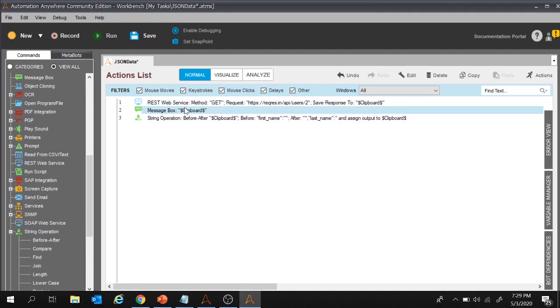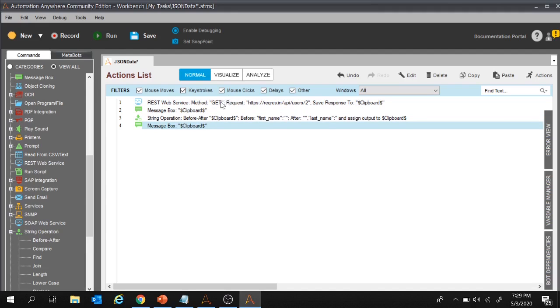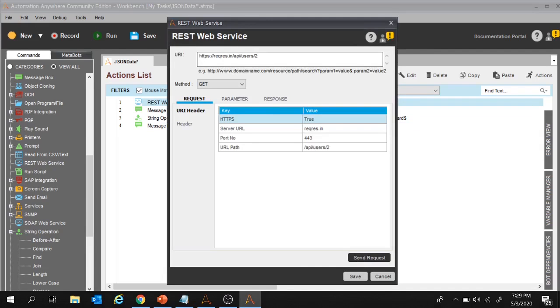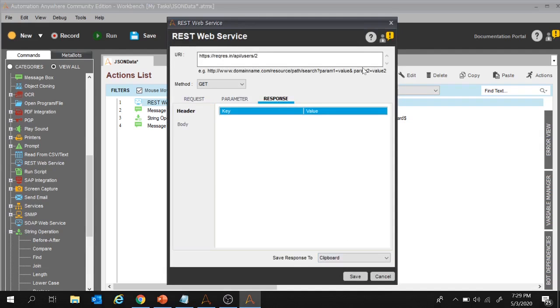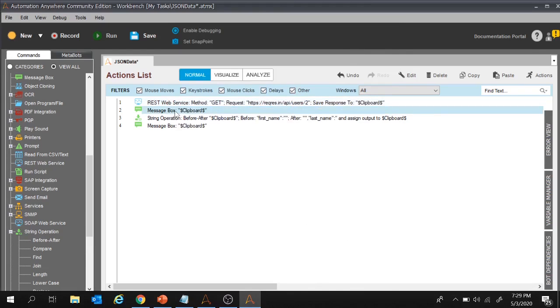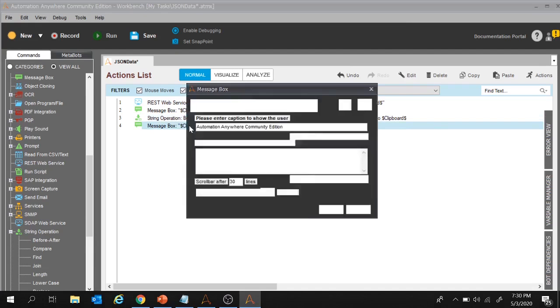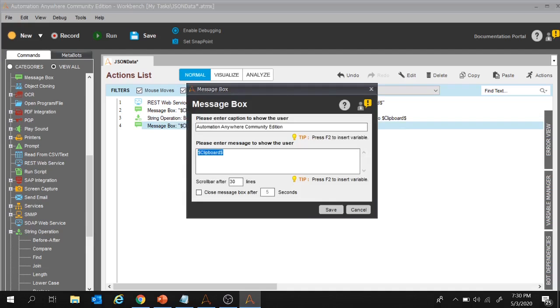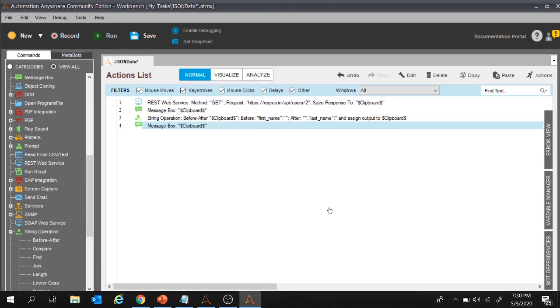Now I am going to add another message box over here. So our bot is ready now. First of all, it's going to hit this web service and provide the response inside the clipboard variable. Then it will display the response inside this message box. Then it will do the string operation to extract the first name, and then it will display the extracted data inside the clipboard. I can also write over here, extracted first name is colon,